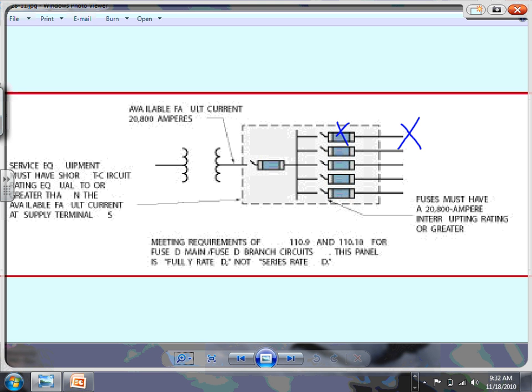Now, knowing that if your system is series rated, overcurrent protection coordination is not the best. It's good up to 90%. Remember how we said series rated is good 90% of the time. In a fully rated, 100% of the time. If you have a short circuit right here, guaranteed that this guy will open before that guy. Series rated, you're good up to 90% of the time. So it's a risk that we can live with. Not a big deal. I can handle these 10%